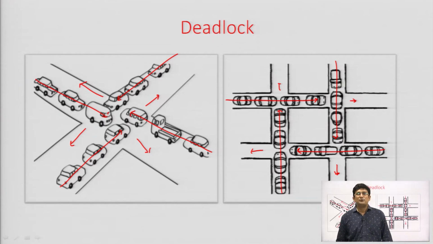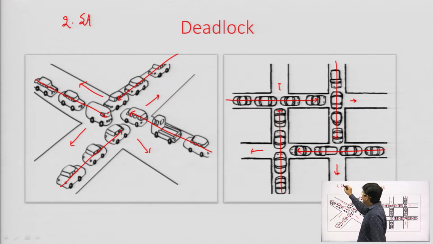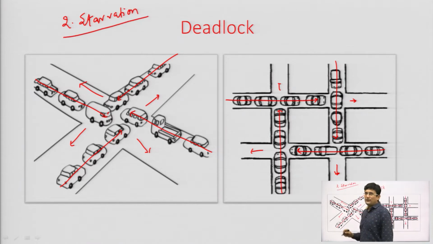In the computer system also, there can be processes which are requesting several resources, and they may land up in a deadlock-like situation, where the progress of any of the processes will not be possible. So, there are two things here that you should know. One is deadlock and the other one is starvation. Deadlock is a situation for which there is no solution. The solution will only be to kill a process and then restart its execution. So, that is the deadlock.